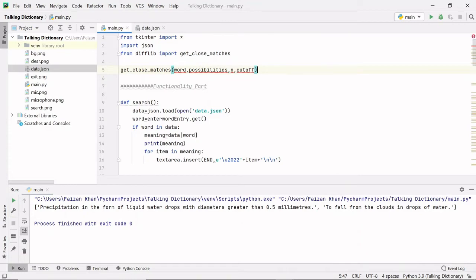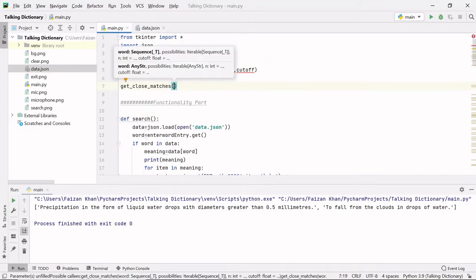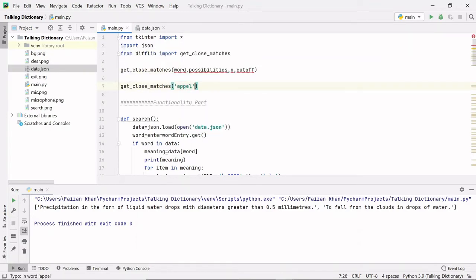So let me explain how this function works. We will pass some word. Let me take an example here: get_close_matches, and let me pass the word apple. This is the word, and then we need to pass possibilities.